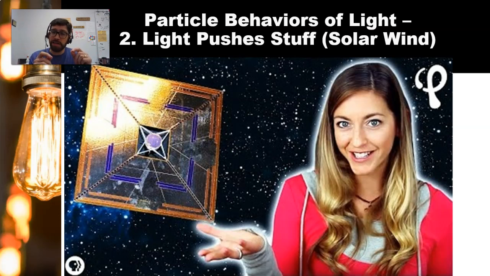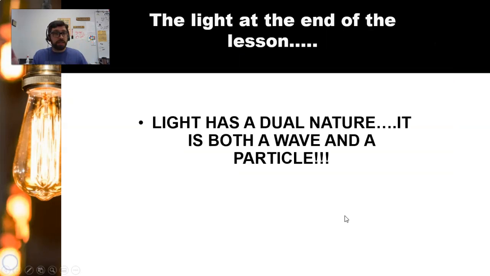And it's not really a tiny amount. As you'll see in this video, it can be quite a bit. So watch this next video. It's called the solar wind. But basically, after you get through with that video, that'll be the end of this lesson in this unit. But what you need to remember about light is its nature is dual. It has a dual nature. It is both a wave and a particle at the same time. And we've talked about several behaviors to support that idea.